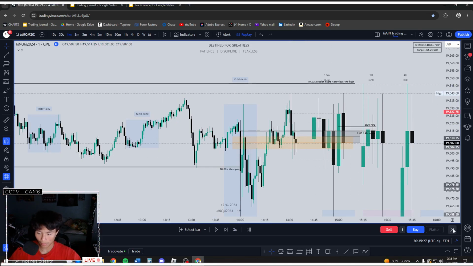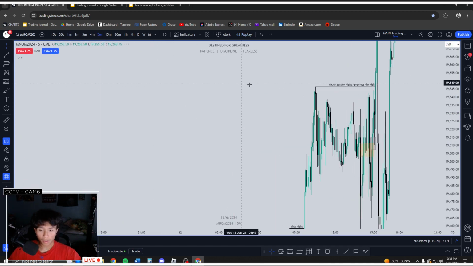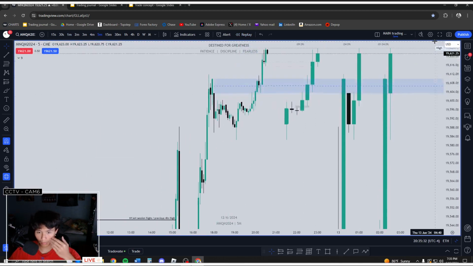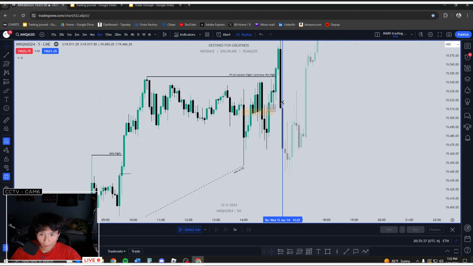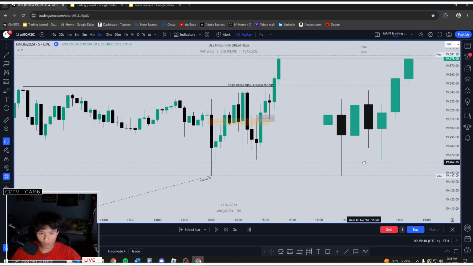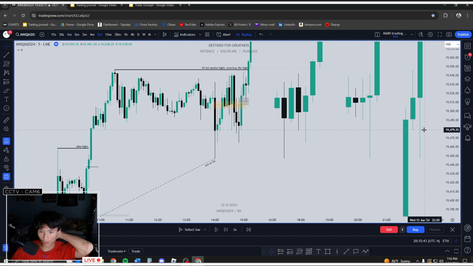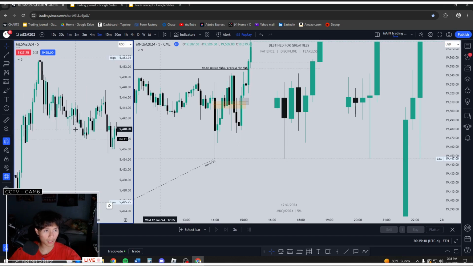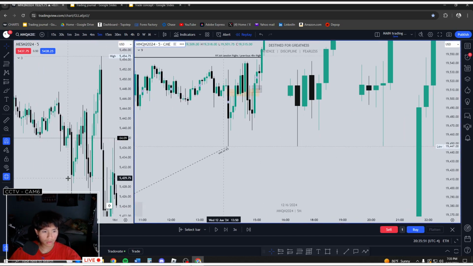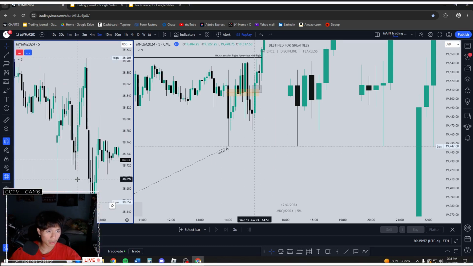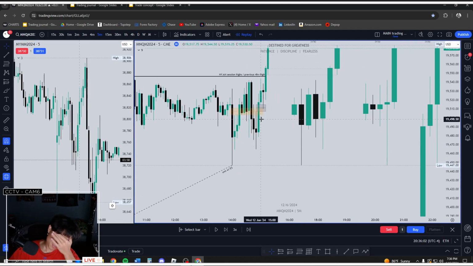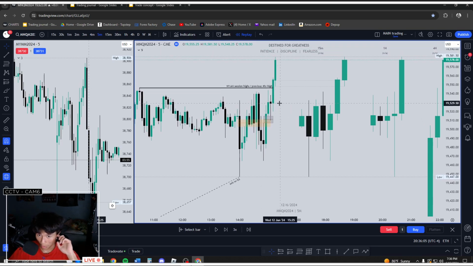So then I let prices do its thing and see what we do from there. So after all of that, we kind of consolidate a little bit. We tap back into the 4-hour again here, and I want to see if we had SMTs. I didn't check if we had SMTs or not, but let me just check. No SMTs with ES. What do we have? No SMTs actually. So there's no SMT here, but the key reason why I took this trade was because there's